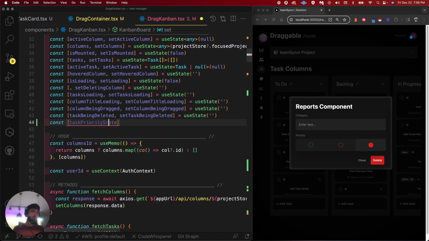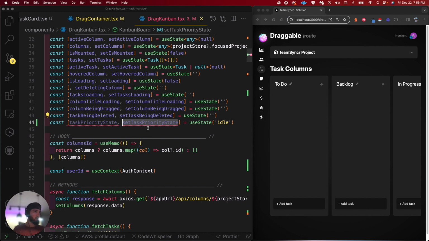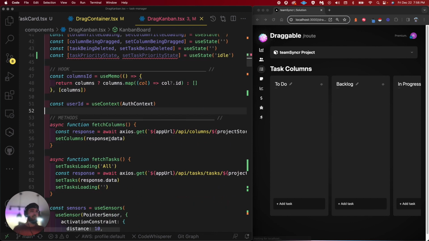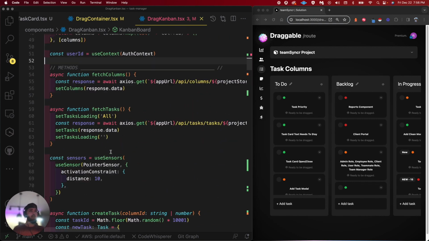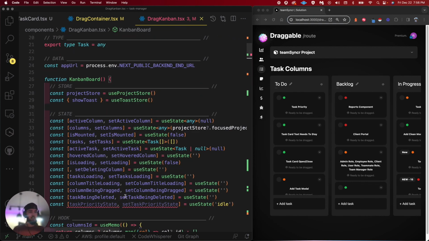What's it called? For dragging and all that stuff. So it was my first time doing it, to be honest, and it was just really convoluted for me. So it still is, to be honest. I wish I knew more about it, but what I'm going to do is have this task priority state